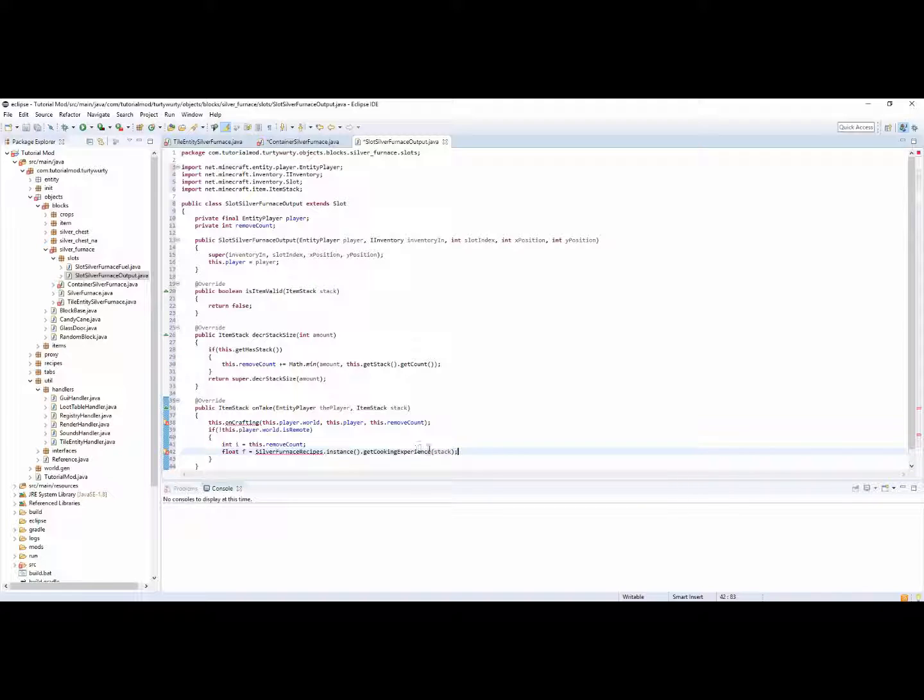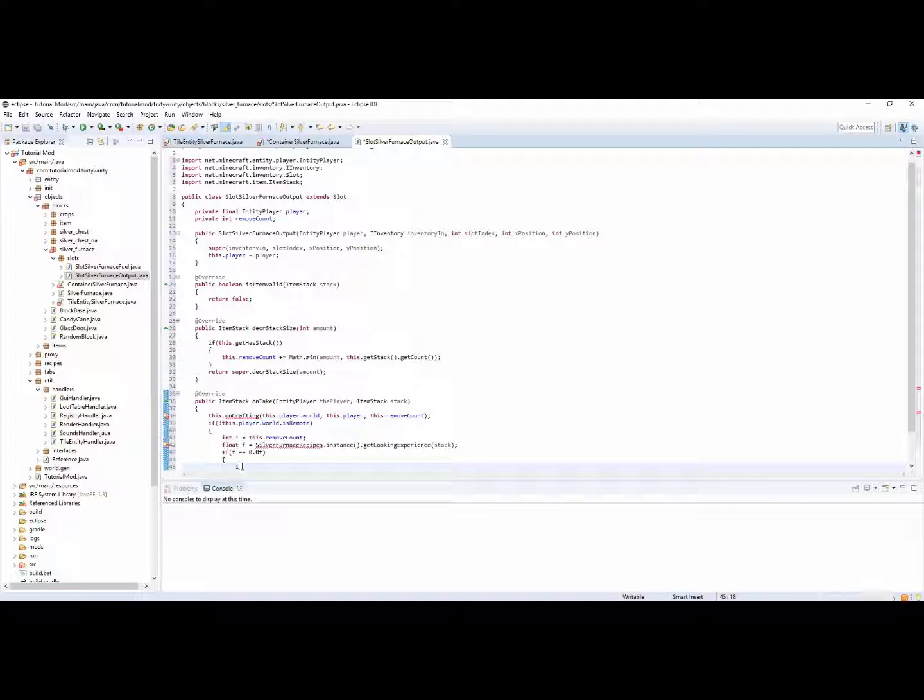Now, did I spell experience right? Yes, I did, I think. Maybe. Who knows? If f is equal to 0.0f, then you can do i equals 0,